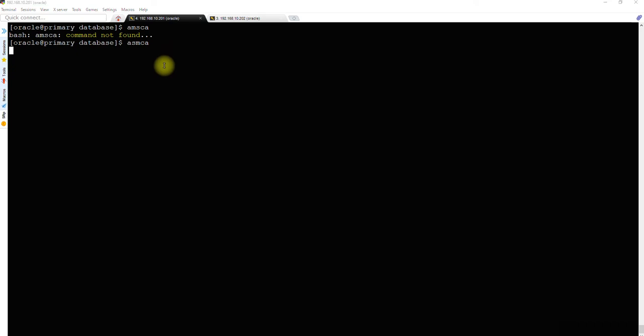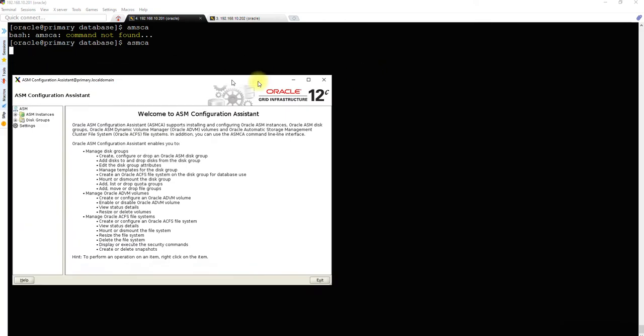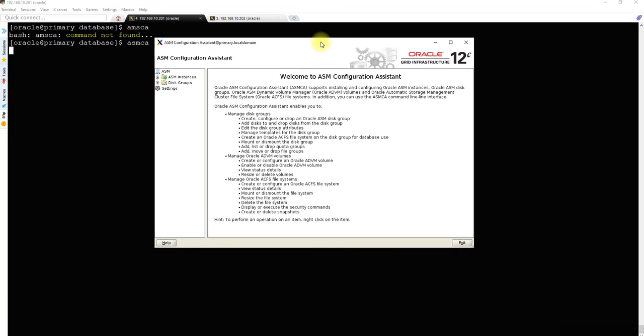We will see the installer file, or you can call it the graphical user interface, not the installer file, okay. So this is ASM Configuration Assistant. We needed to first set up the environment variable for ASM and then run ASMCA. Now you need to see the disk group. Currently there is ext disk group where the cluster configurations are installed. Now there is one ASM instance, because this is not a clustered environment, okay. One ASM instance is running on 201.